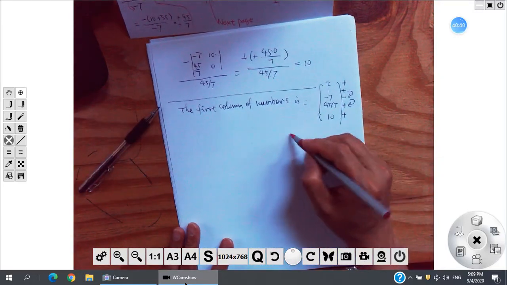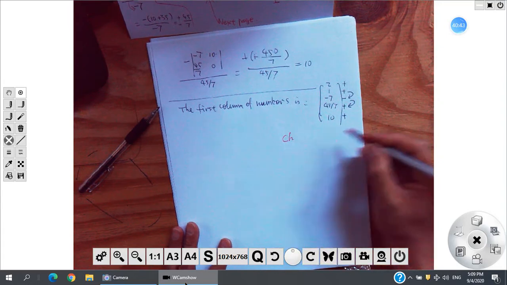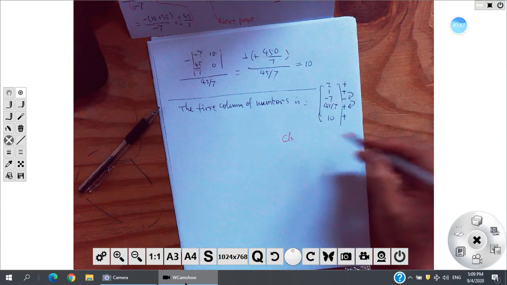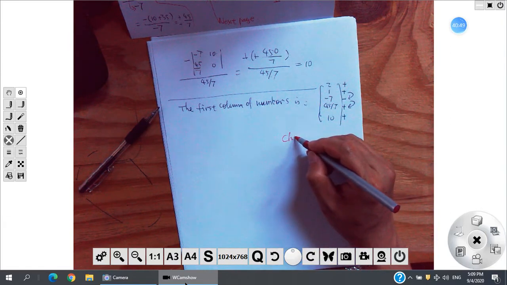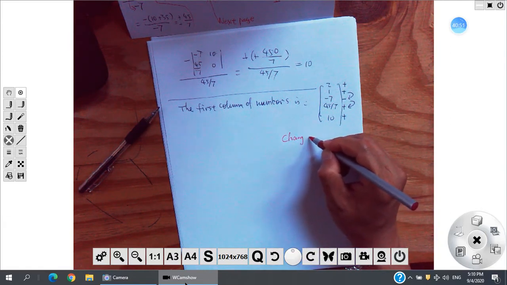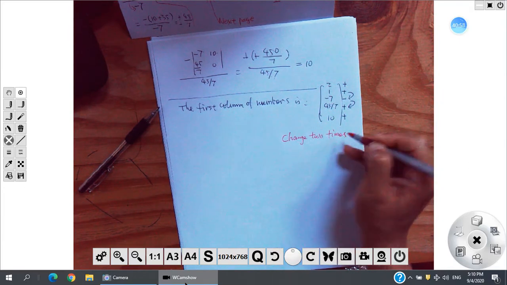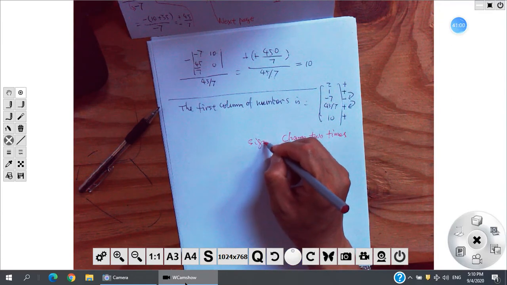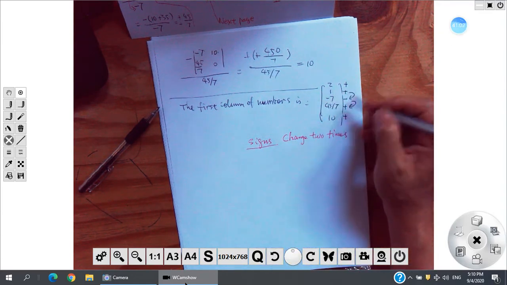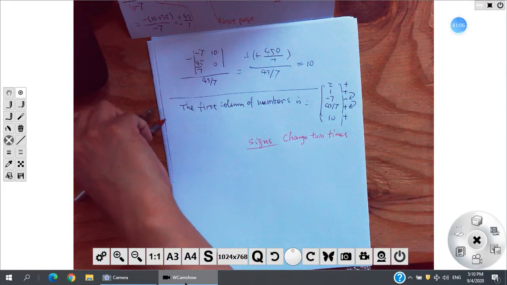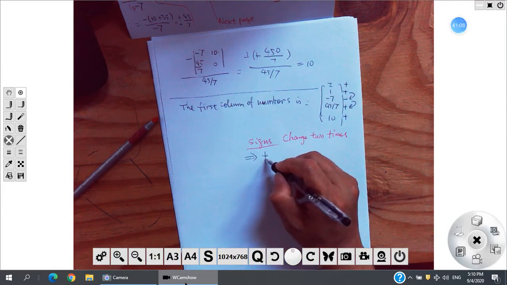change. Oh, sorry, some car is yelling outside. This is change 2 times. The signs of this number change 2 times. Change 2 times. Now we know there are